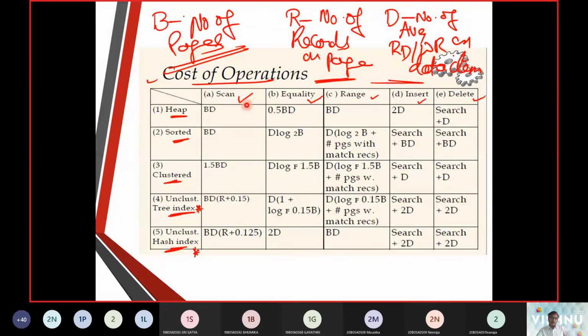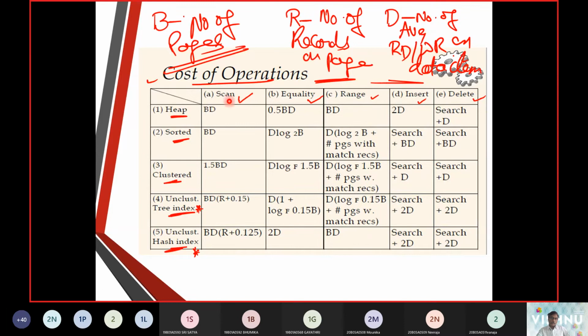They are denoted with the names B, D, or R. B stands for the number of pages, and R for the number of records on a page. D stands for the average time to make either a read operation or a write operation.